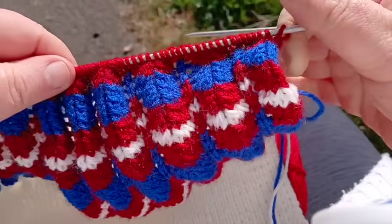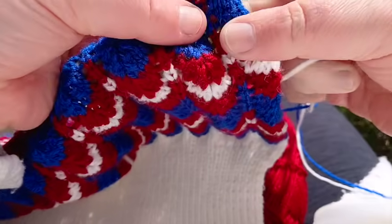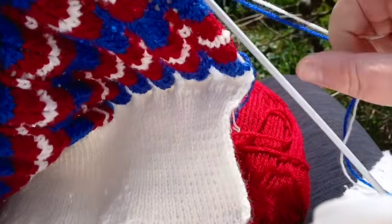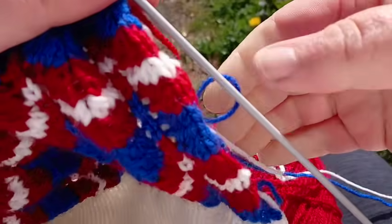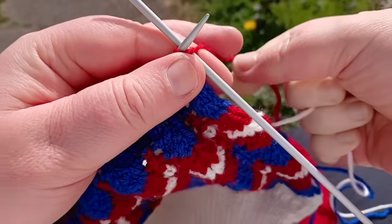Right, so we're changing to a new colour, and it tells you in the pattern to wind the two together, and I think that's just to make a sturdy edge when you're changing the colours. So we're going to move on to white now. We've done 4 rows of red, so I think I'm going to put my needle in and, my apologies. Right, so put the needle in, hold that red tight,